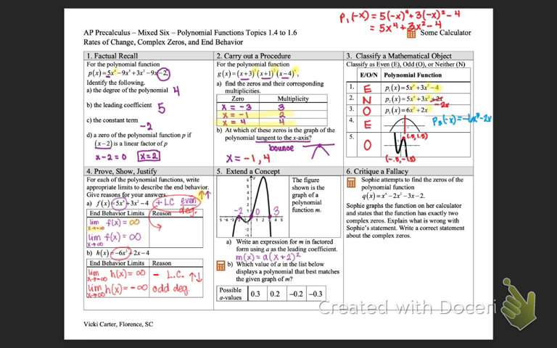So I'm just going to go with squared as my smallest even multiplicity. And again, that's because I see it bounces. Then at x equals 0 and at x equals 3, I see it crosses right through. So those are each going to have a multiplicity of 1. So x is how I get 0, and then x minus 3